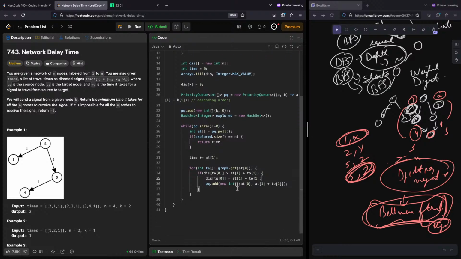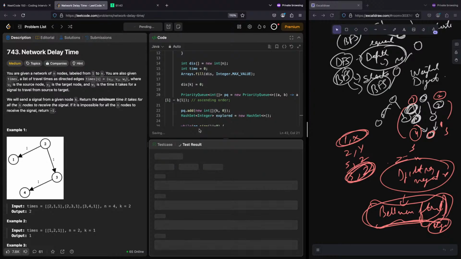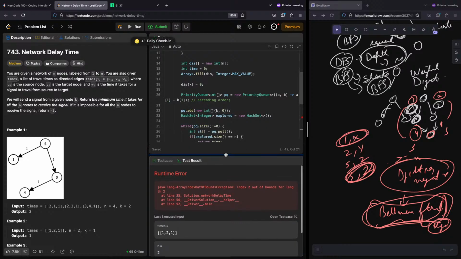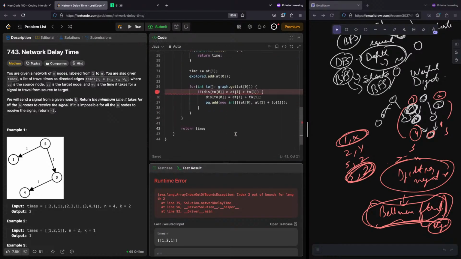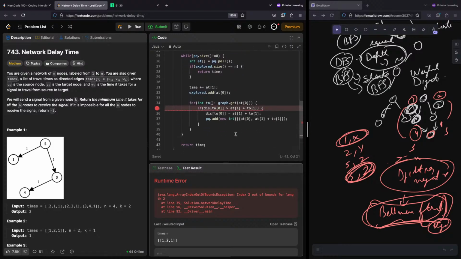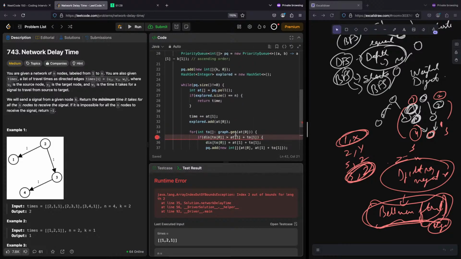Now once you have done this, you have updated your distances, and here you add also explore.add at of 0. So in the end you return time. So this, you are basically picking all the minimum distances. Okay, 2 of 0, at of 0 is correct,